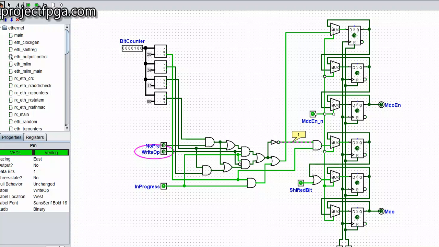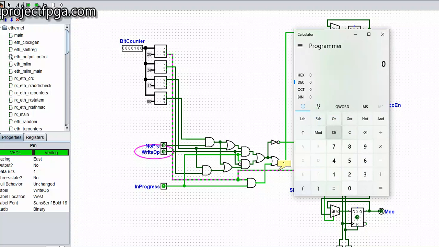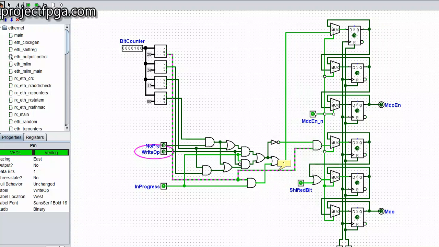And likewise here it says when the bit counter is less than 20 in hexadecimal. In decimal it means 32. If it's still less than 32, that is when there is no transmission and the counter is below 32, this